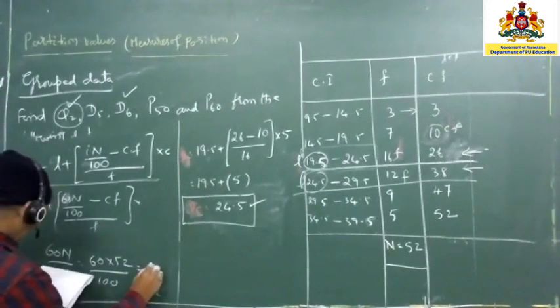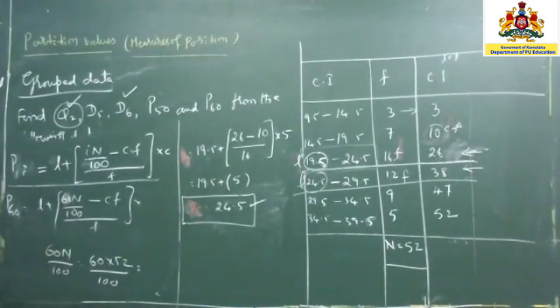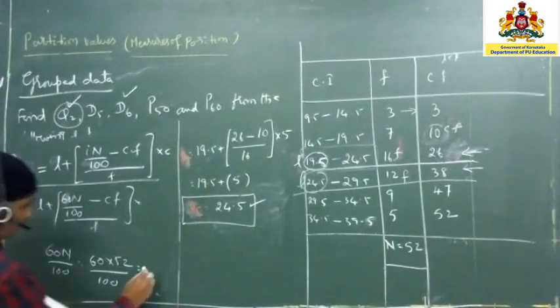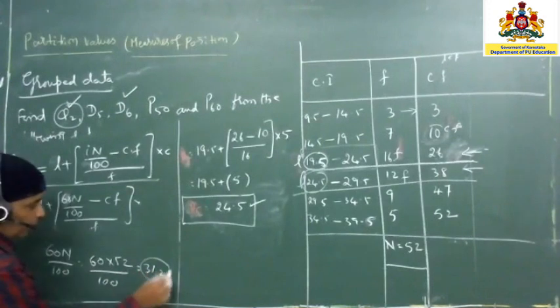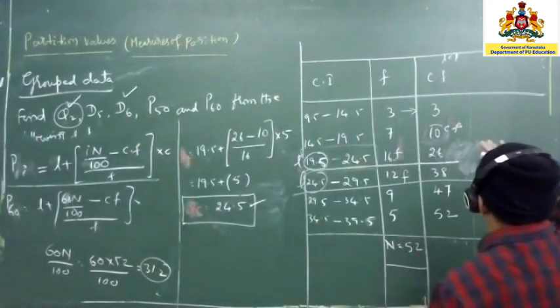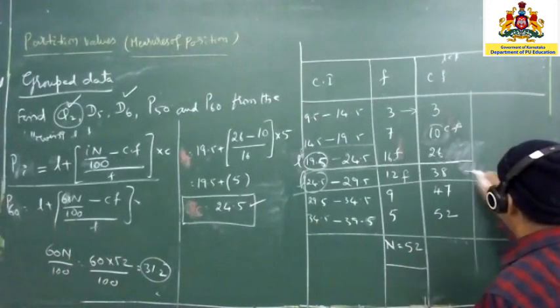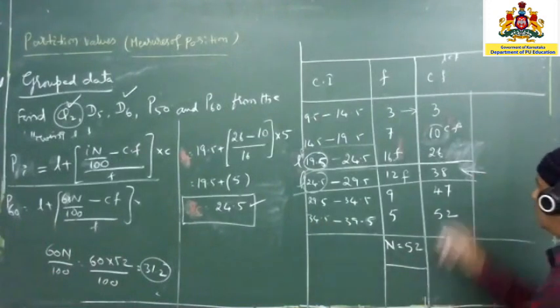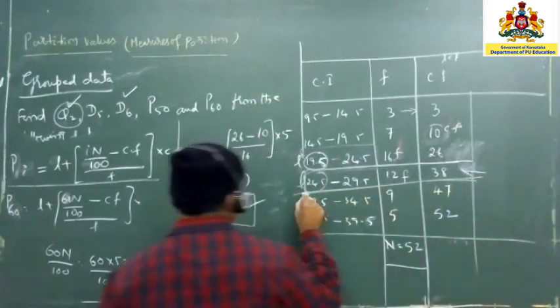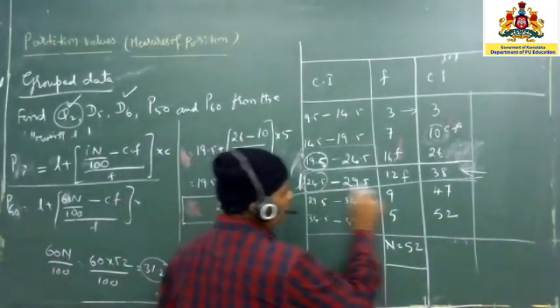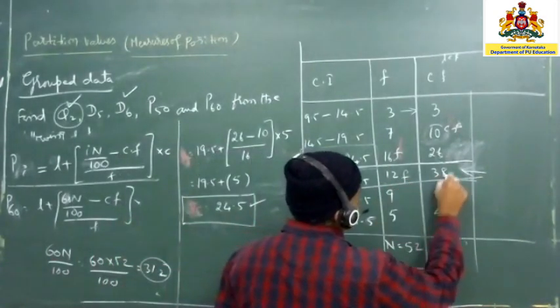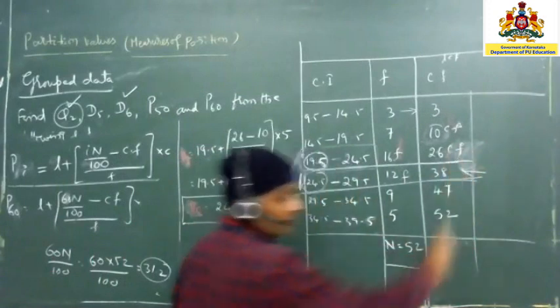Sorry, 1 second. Let me check the value. P60, 31.2 you are going to get. So this value we have to see here. Where will you get it? You will get it in the 32 row. So draw the line here and mark it. This one, L, is nothing but 24. In the same line, f is going to be 12, and in the same line, the value above is going to be the CF. Is it clear?